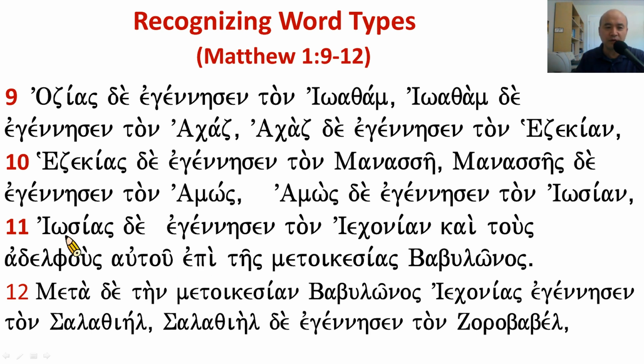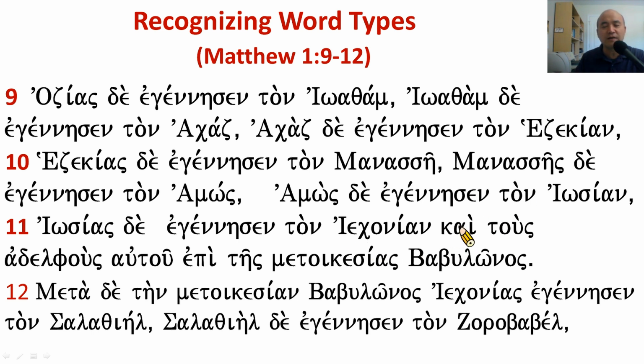Now, we have the noun group: Josias, ton article, Yehonian, tous article, adelphous noun, autou pronoun, and this again article, and metikesias, just a normal noun, Babylonos proper noun. All these belong to the noun group. And we have here a non-inflectional word, the conjunction. We have another non-inflectional word, a preposition, the epi. We also have egennesen, a verb. All this we can find in this verse: Josias de egennesen ton Yehonian kai tous